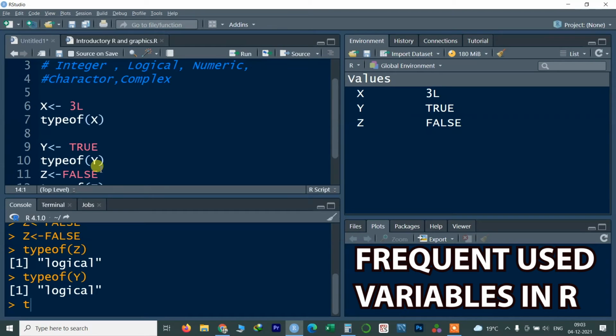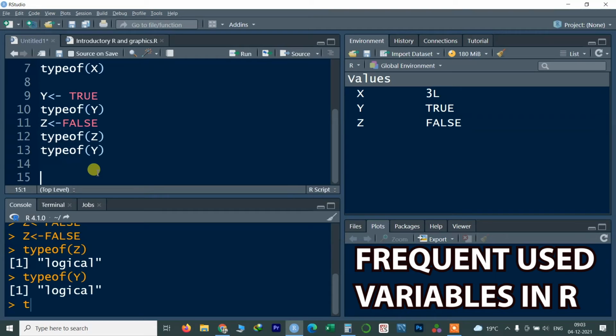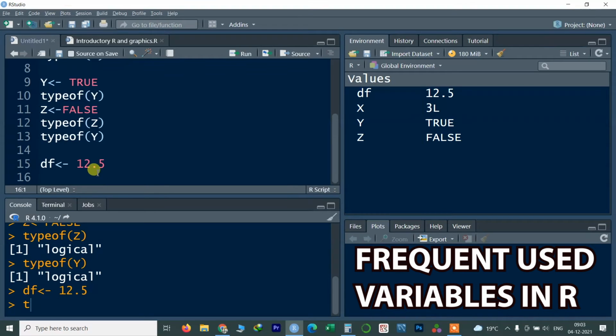Next is numeric. For example, I take a variable df equal to 12.5, then Control Enter. Now this df vector is saved here in the environment variables.